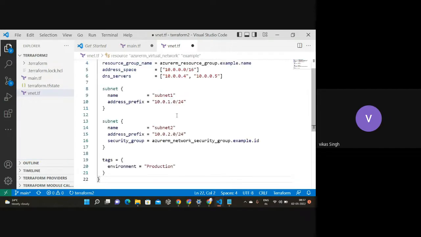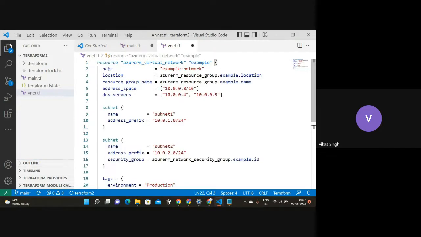I'll say okay, let's paste this here, and you can see again it is the Azure RM, right? Then it is having a resource name. Which resource is it? Virtual network. Then I can give here a name like prod vnet, something like that, right? So you can do that. So if I'm adding prod vnet here,